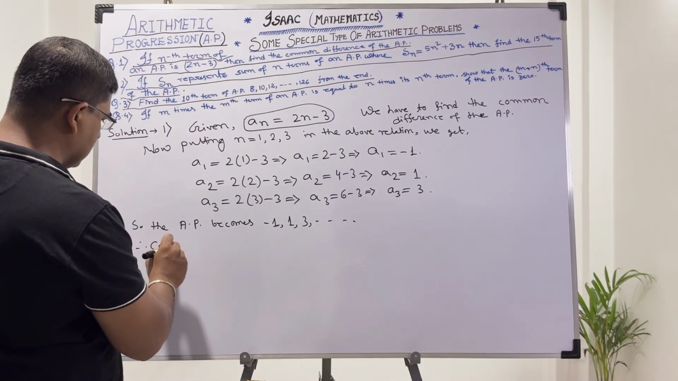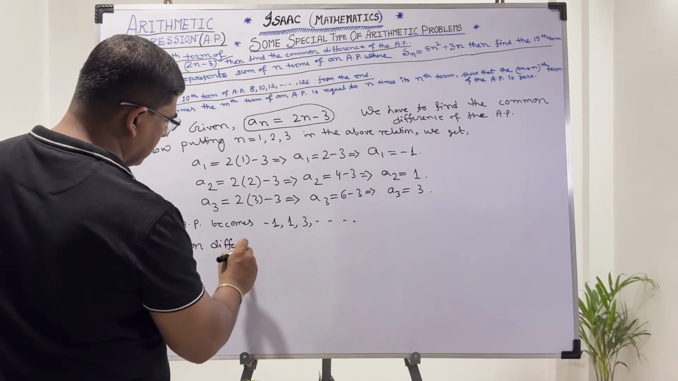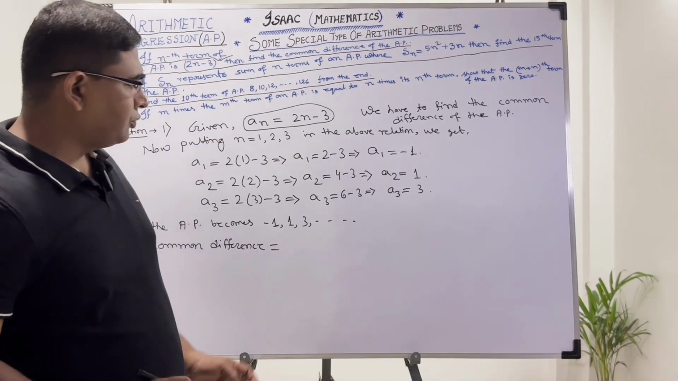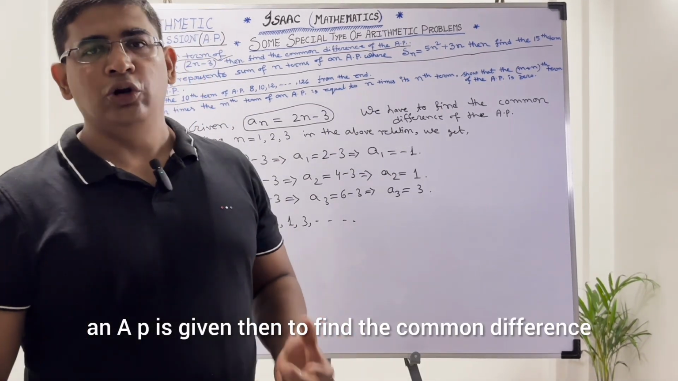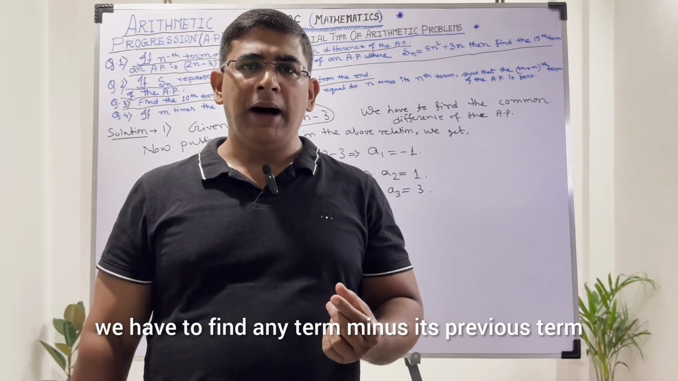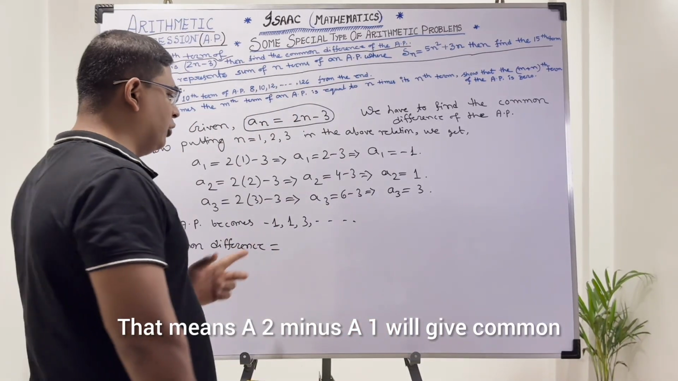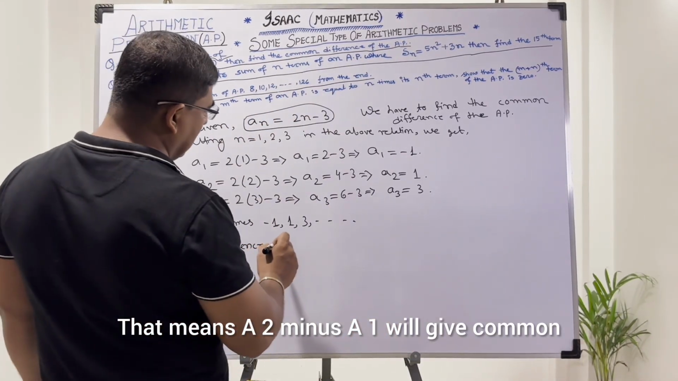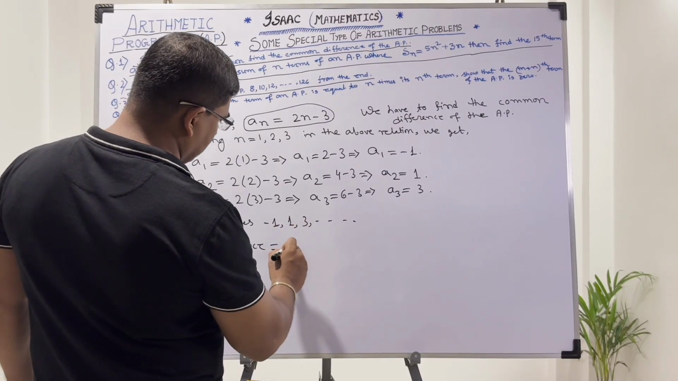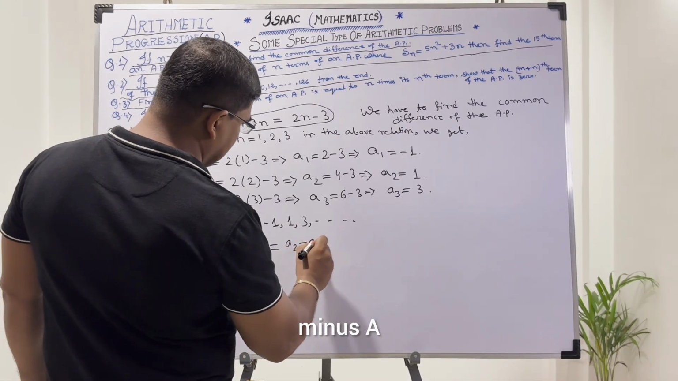Continuing. Therefore, common difference equals, when an AP is given, then to find the common difference, we have to find any term minus its previous term. Okay, that means a2 minus a1 will give common difference. Similarly, a3 minus a2 will give common difference. So a2 minus a1,